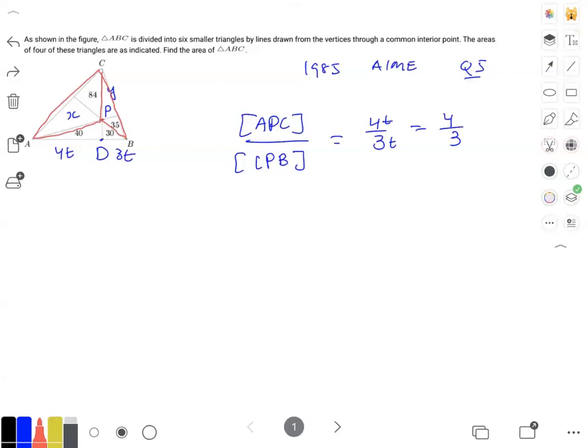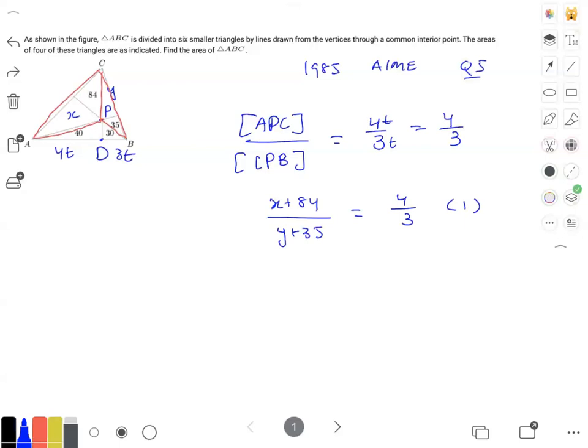So now let's change this in terms of area. APC we know is x plus 84. I'll probably change back to blue. So we know that x plus 84 over CPB, which is y plus 35, is equal to 4 over 3. Let's call this equation 1. Okay, so